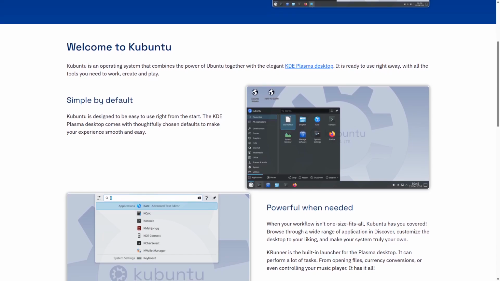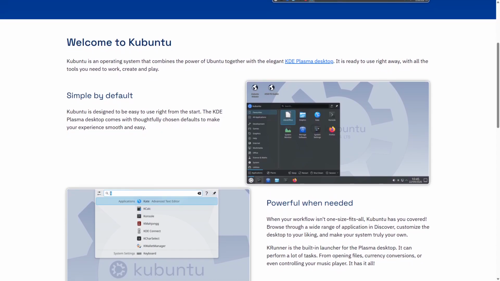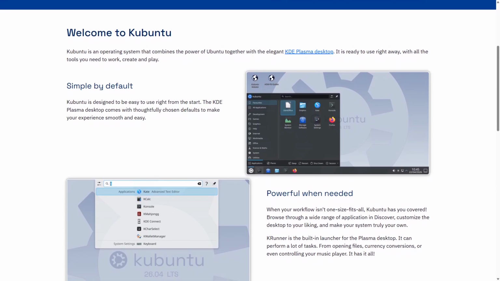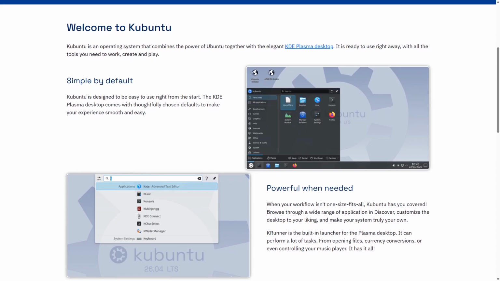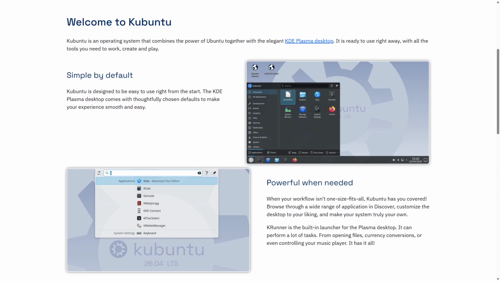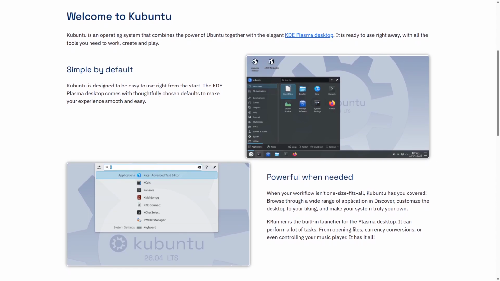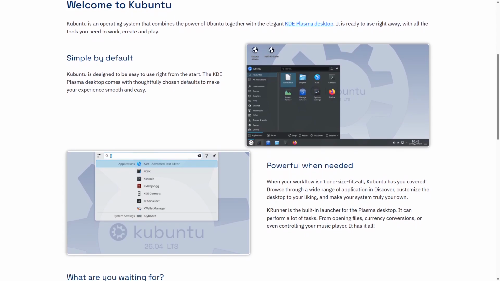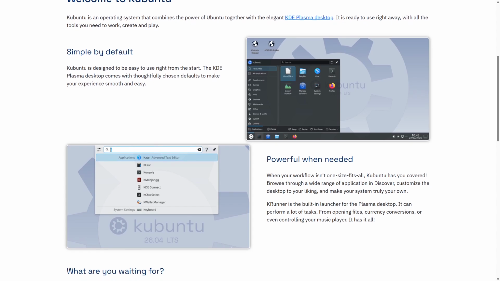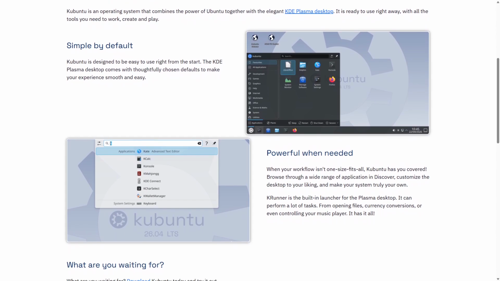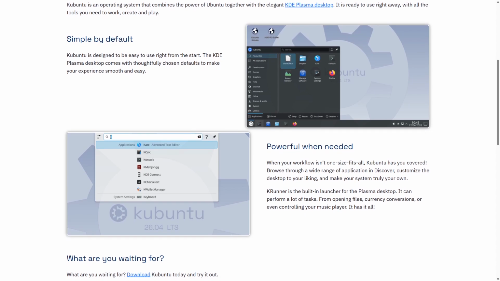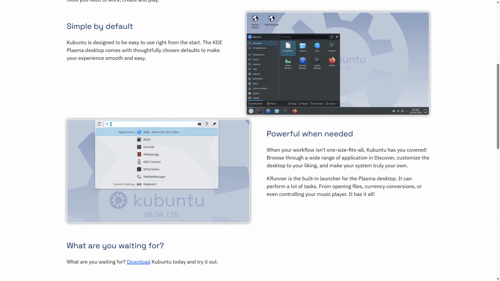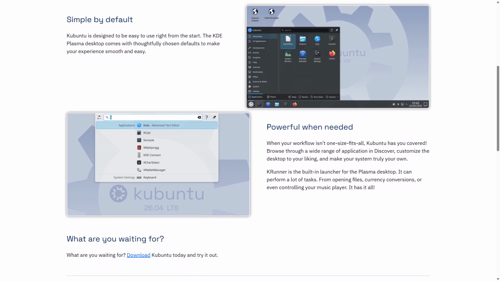The KDE Plasma desktop is highly customizable, allowing users to tweak appearance and behavior without deep technical knowledge. Kubuntu excels in offering a balance between ease of use and flexibility, supported by Ubuntu's large software repositories and community. Its limitations include less control over system internals compared to Arch and less frequent access to the latest software versions. Kubuntu is ideal for users seeking a stable, ready-to-use Linux system with modern aesthetics and solid support, especially those transitioning